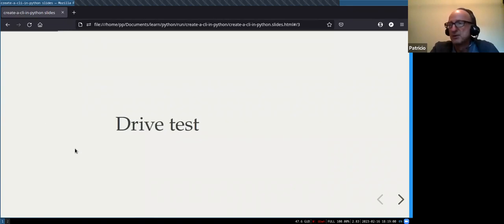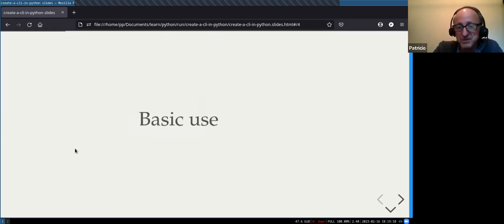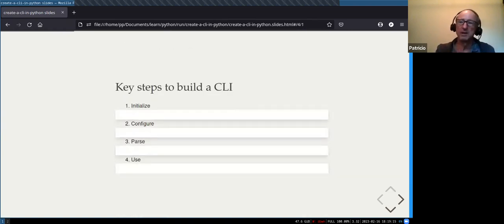Okay. So enough for introduction, let's get some code. We will do first a basic example, and I would like to mention what I find like the four basic steps, if we want to summarize how you build a command line interface. I call them like this: initialize is just if you have a module or a project, just import it. Then configure means to create a parser and configure it, and then in the third step, you execute the parser on